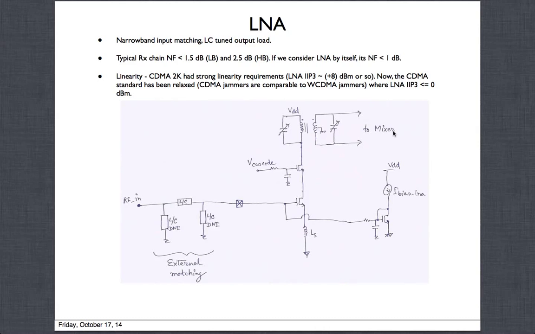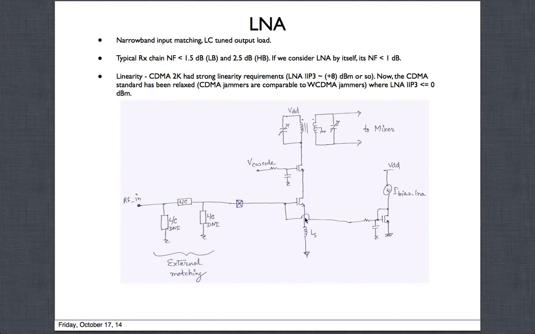If you look at it in terms of voltage, when this LC tuned circuit resonates, it provides the highest impedance possible, which is the RP. Of course, even if I say highest impedance, it's not really so high. It might be in hundreds of ohms. That is based on the RP impedance. RP becomes the combined Q of this circuit times L, the inductance value, times omega, whatever the frequency you're resonating at that point. So it could be 500 ohms, 1 kilo ohm, something like that, which are realistic values. But anyway, that is the output.